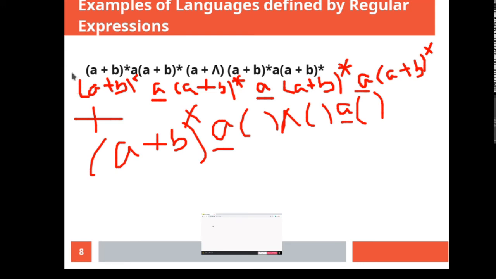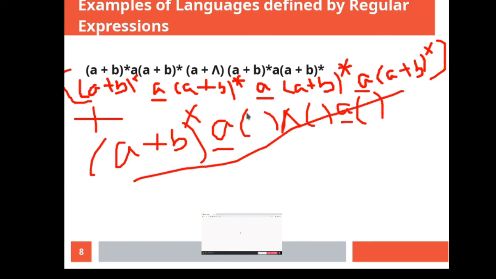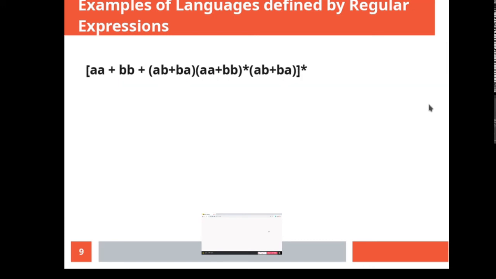So if I say that this regular expression is equivalent to this, then I won't be wrong, because if something has 2 A's or 3 A's, then it automatically has 2 A's. So this is the equivalence, we can represent this regular expression simply as this regular expression. Now consider this example. Just give it a look.